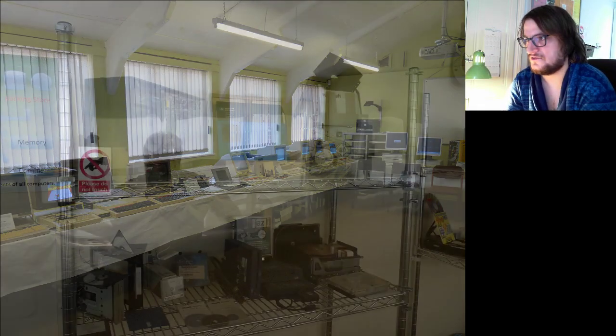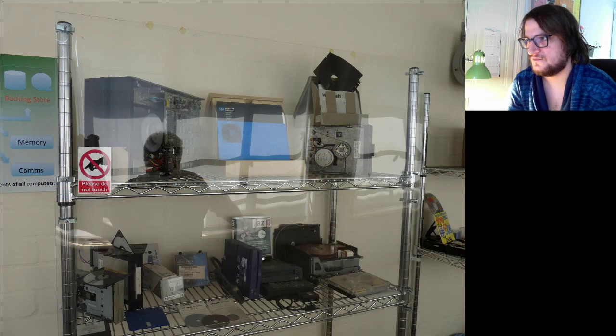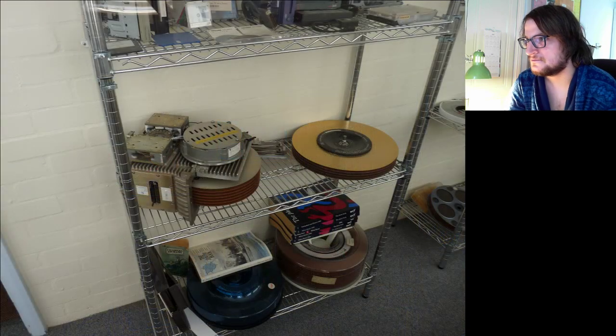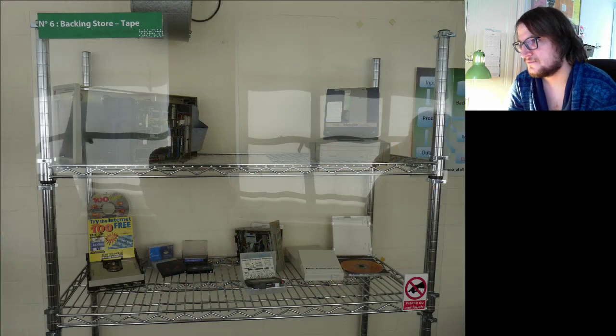They're one of those things that's really rare. Floppy drives, so this is more sort of non-volatile memory. So you've got IBM floppy drives, 8-inch floppy drives, all that good jazz. Then going down to the lower shelves, old school hard drives. Then you've got optical media,